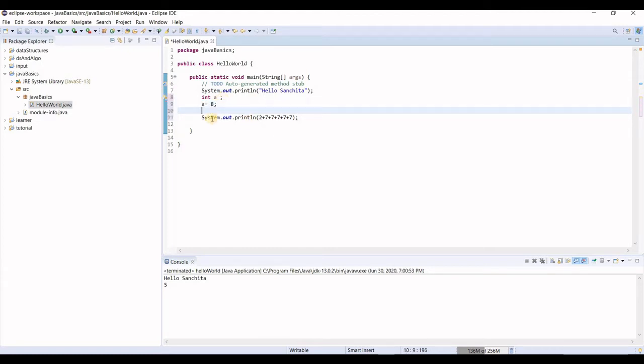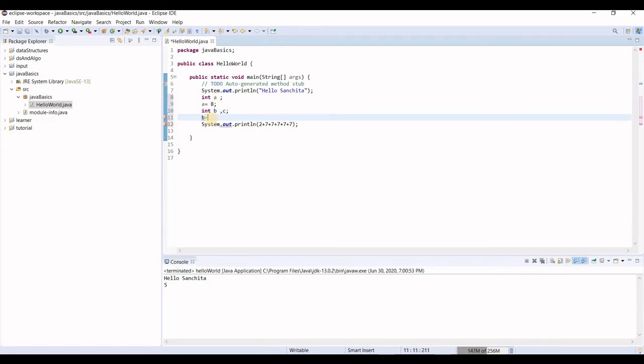number. Okay, and I'm going to declare a second variable and a third variable, B and C, and I'll give B as 7 and C as 10. Okay, and now I need to do it A plus B plus C plus C plus C plus C. Okay, and you print it.